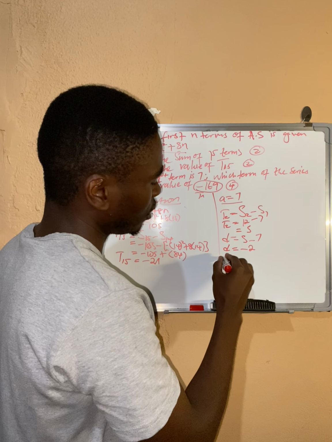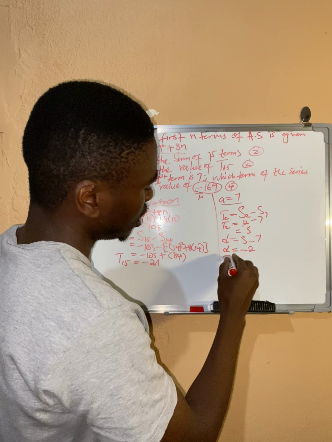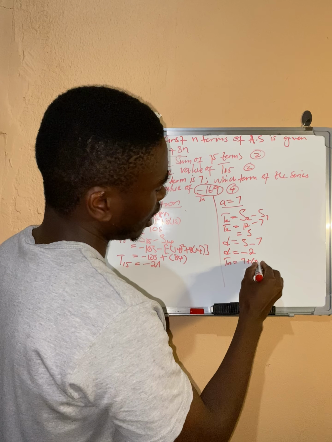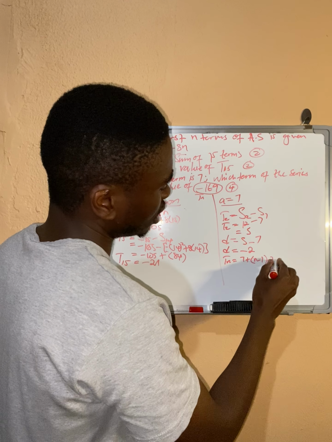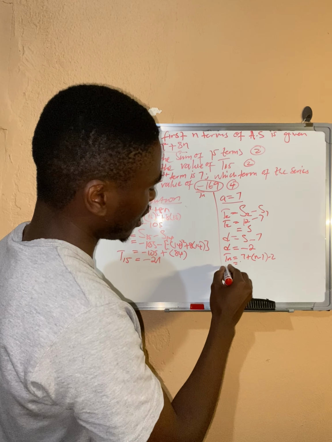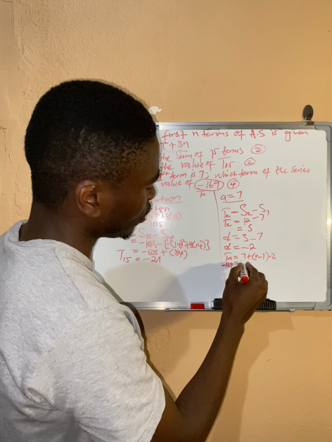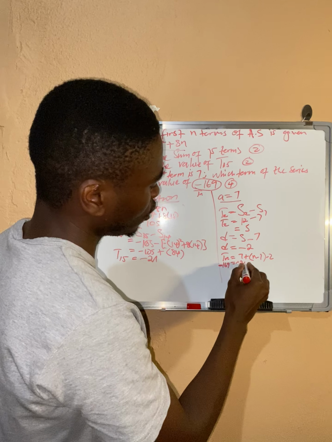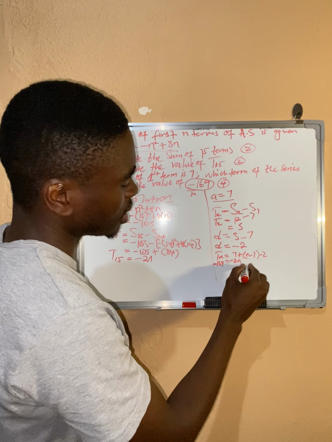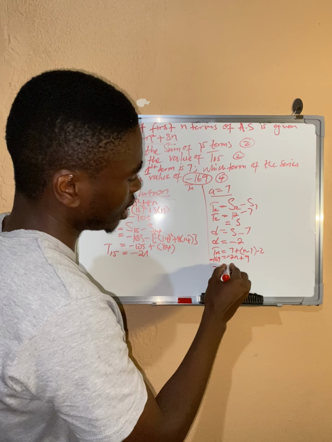Now you're going to get your Tn, the value. Tn is equal to a, which is 7, plus n minus 1, close brackets, times the common difference, negative 2. So now we're going to have negative 169 is equal to negative 2n. Negative and negative is going to be positive, positive 2, so it's going to be plus 7, plus 9 here. So now you have negative 169